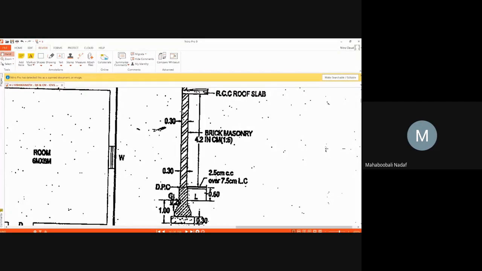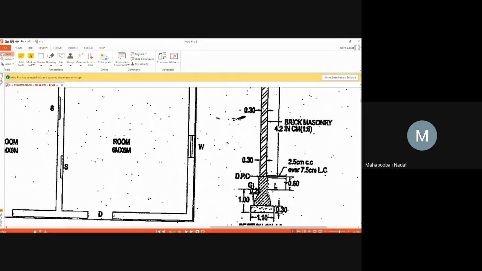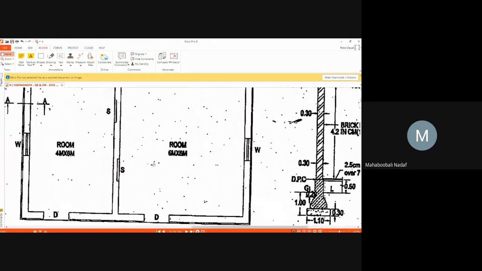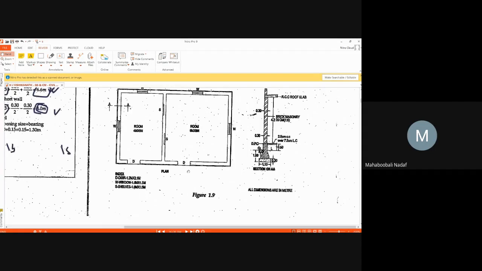So here, width of the wall is 0.3. Height of the wall, how much have they given? 4.2. Try to remember, or we will see it later. Other things, no need to worry because they have not asked for them. PCC, excavation, brick masonry, 3 things are there. Now, in the brick masonry, there will be many deductions. What are the deductions? 2 doors.